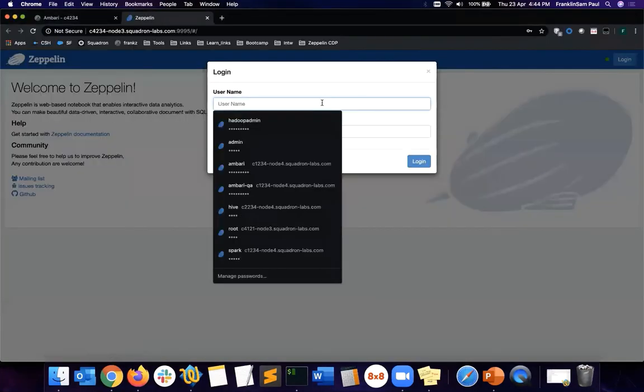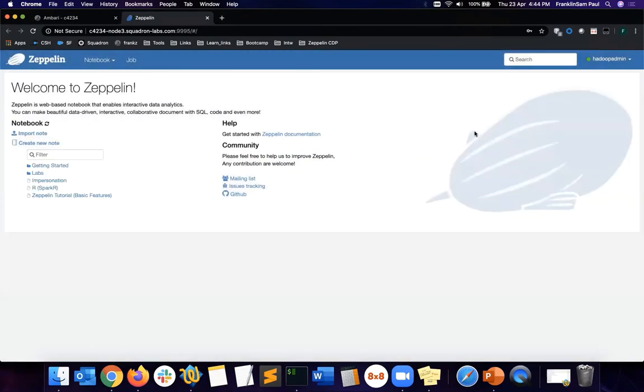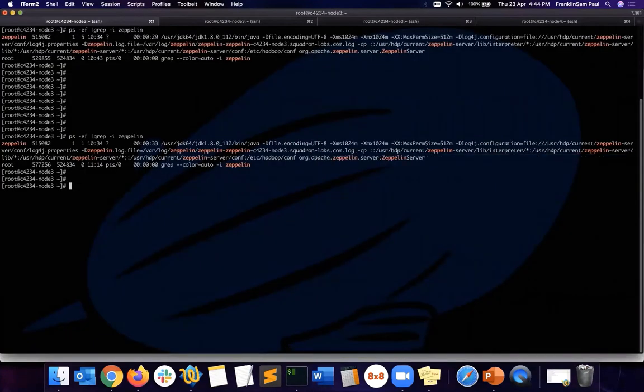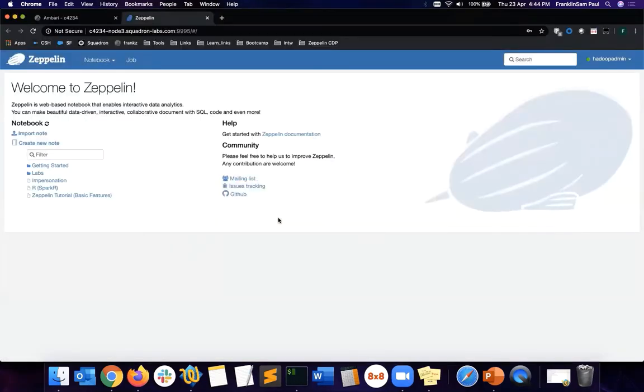I'm going to log in as a user. This is my AD user logged in. I'm logging in as a user here. So now I'm seeing, is there any variation in the process? No, it's still the same. So that means a simple connection to the web server does no activity. Now I'm going to start a simple interpreter and I'm going to see how it's going to start the JVM interpreter in the backend. Before that, we will see how the home page looks.